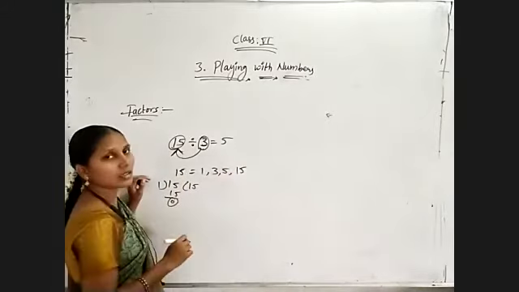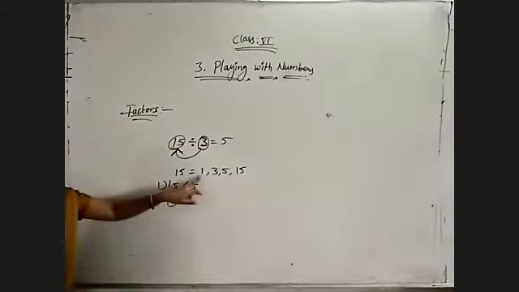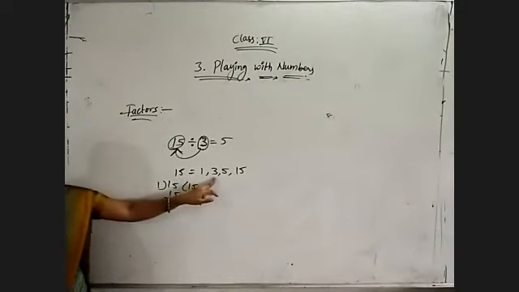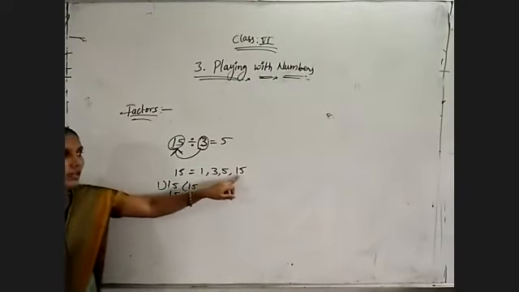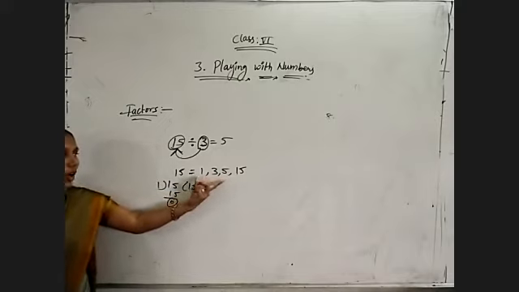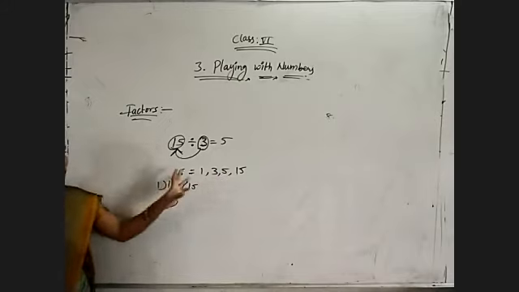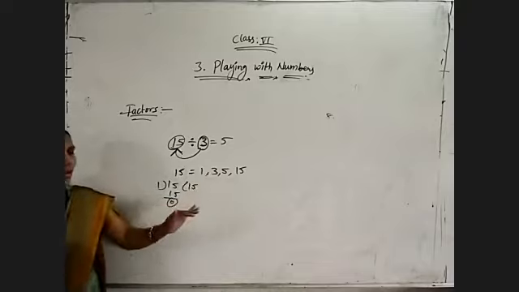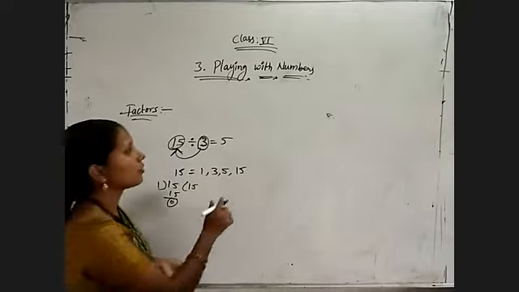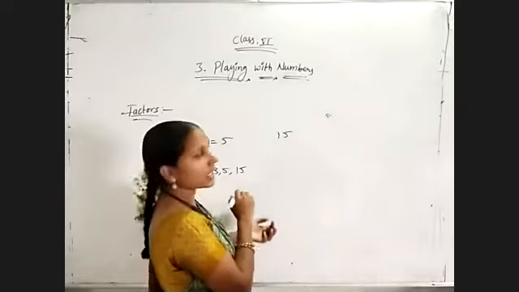Just 15. 15 ones are 15. 1 fifteen is 15. 3 fives are 15. 5 threes are 15. 15 ones are 15. So how many factors are there for this number? Only 4 factors. So factors are nothing but, now for 15 I have chosen whether it is divisible by 1